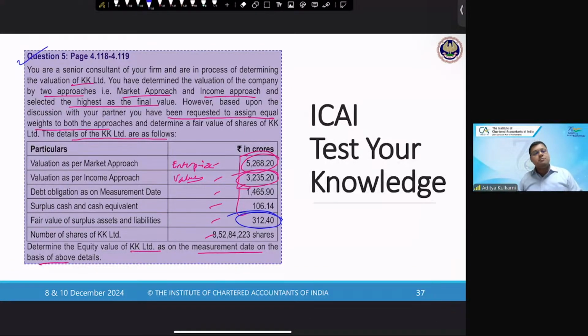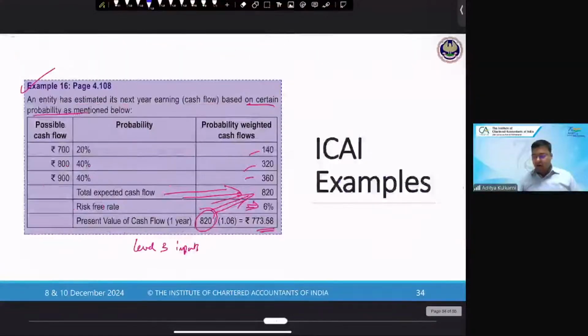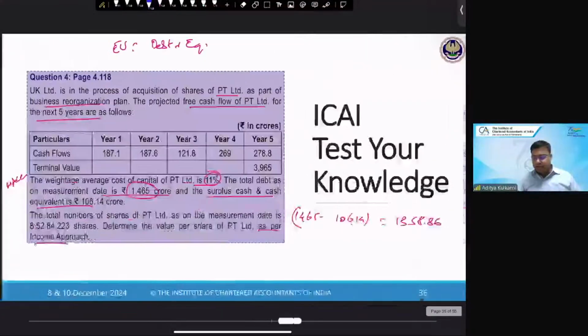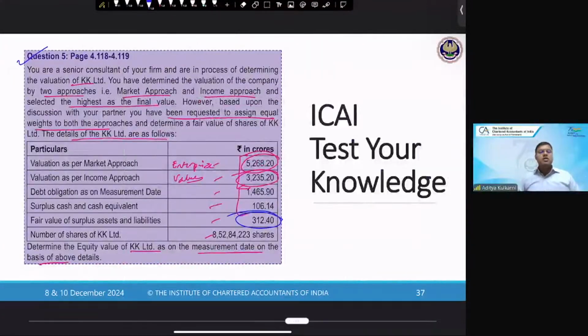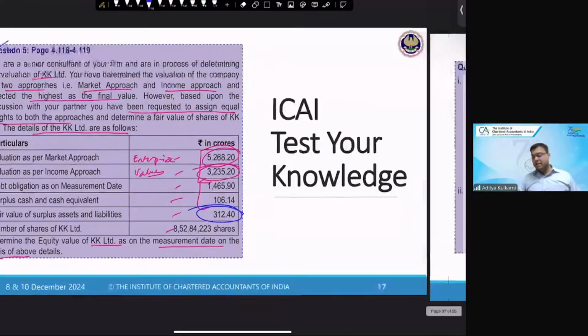We have put these particular questions in your reporting paper so that you are in a position to understand how the fair valuations actually work depending on those three approaches. That is your market-based approach, your income-based approach, and cost-based approach. That is the reason these questions are inserted. So now you will be in a better position to understand how the fair valuation should actually be determined.